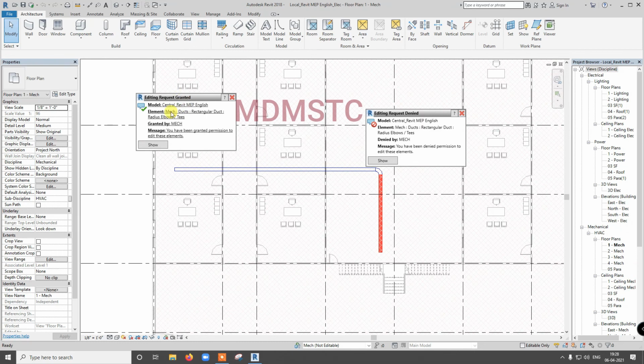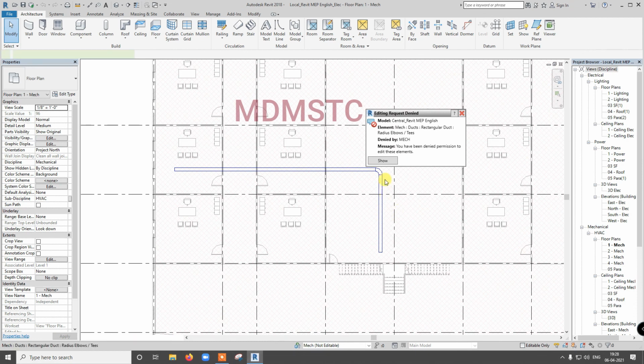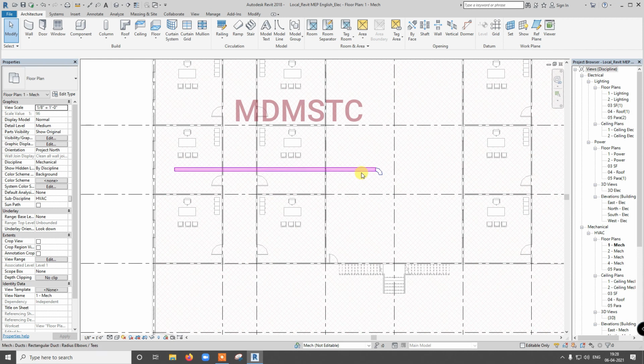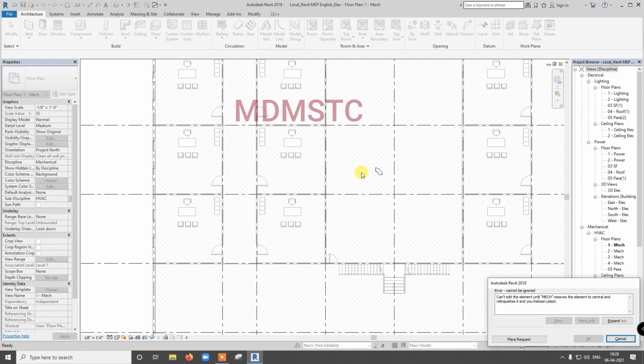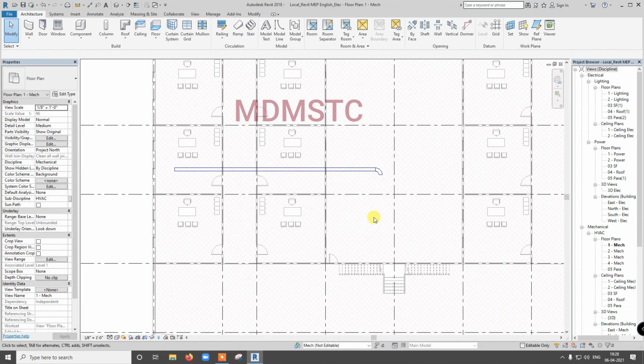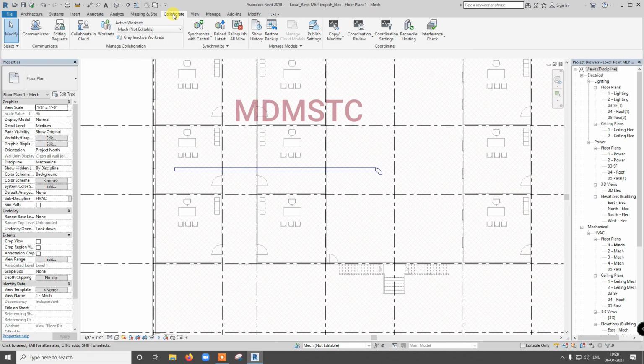See, one item is granted. So this is granted, so I can delete. This permission is not granted, so once again I need to place a request. This is how a local file will be created. Okay, thank you.